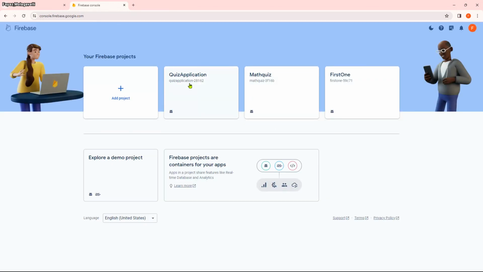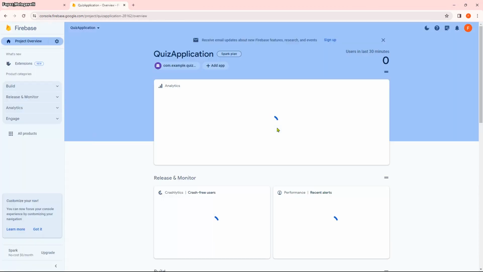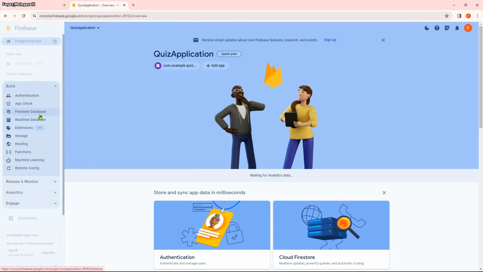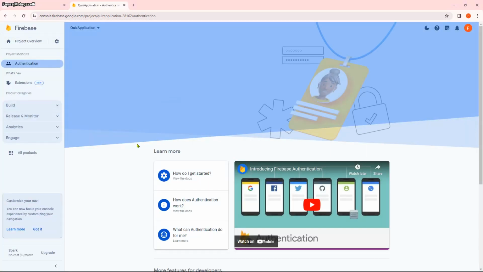You will see this app live, right? Quiz application. Open the tab. And now we can see a lot of features here. The first thing we are going to use here is the Firestore database. We will use this Firestore database in this video only. Okay. First we have authentication, right? Click on that authentication. We will get some